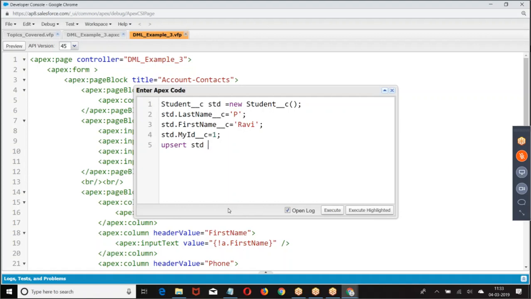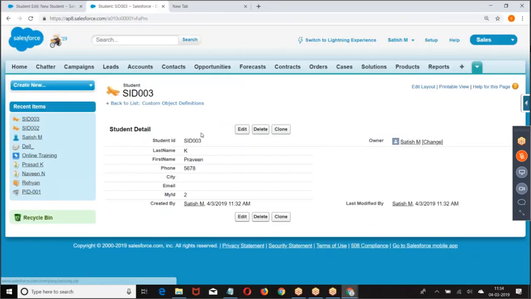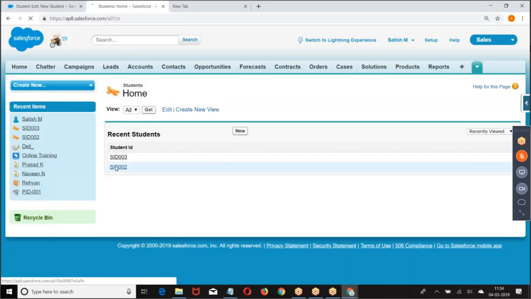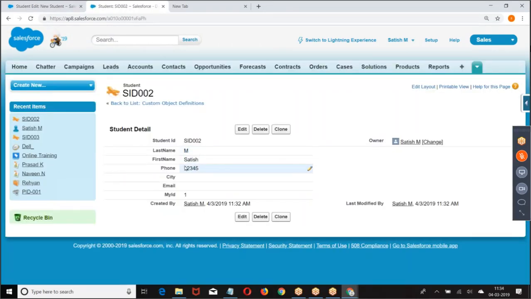Upsert student based on external ID. If that external ID is already existing, go back to the record and first cross-check. M Satish, no email ID, phone number 1 2 3 4 5.